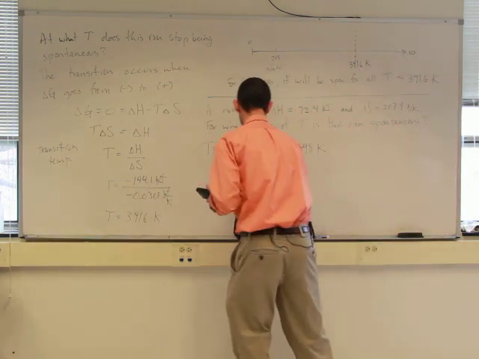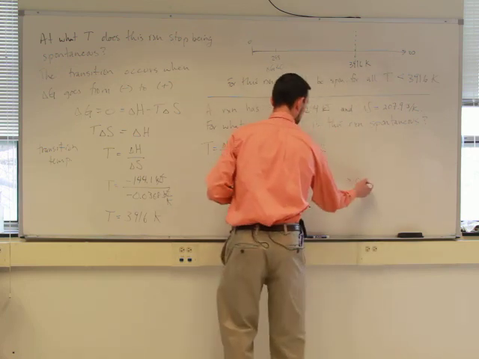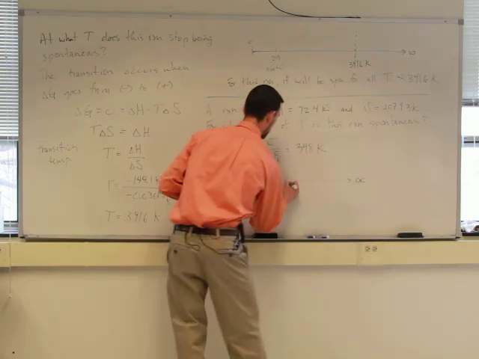So now I want to draw this number line, 0 to infinity. And I want to put 3